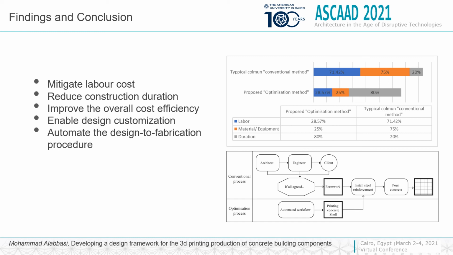So the key findings of this research are that the overall cost efficiency can be improved by decreasing the required labor on site, and also by minimizing the waste of material. In addition, the construction duration can be minimized. And also, as you can see here in this figure, the design to fabrication process can be shortcut to just one single step through our proposed